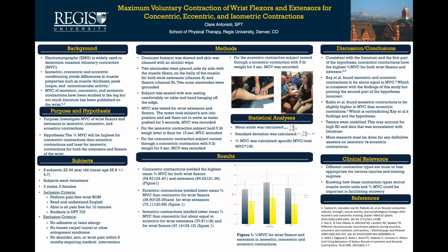Kay et al. found isometric and eccentric contractions to be about equal in their MVC. Kaleo et al. found isometric contractions to be slightly higher than eccentric contractions in their MVC, which is contradicting both Kay et al. and my own findings. Because of this contradiction, I believe that more research must be done to get definitive answers on isometric versus eccentric